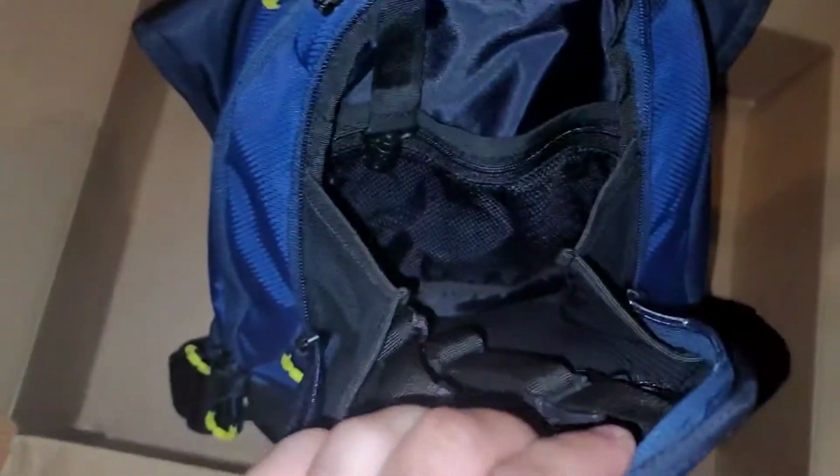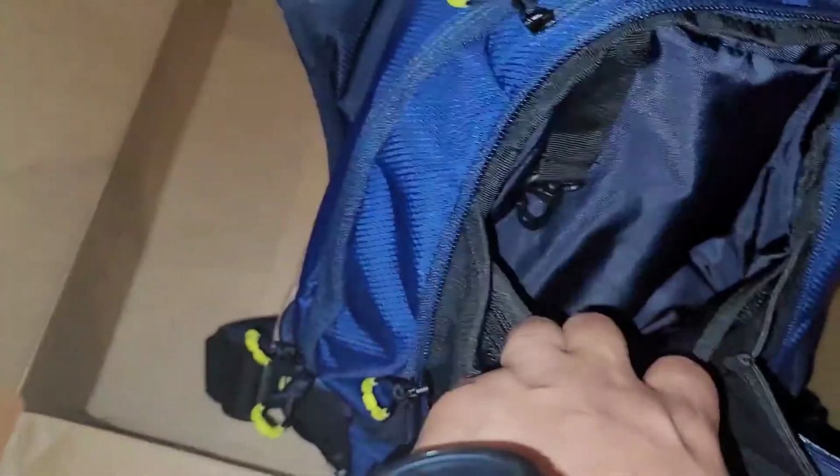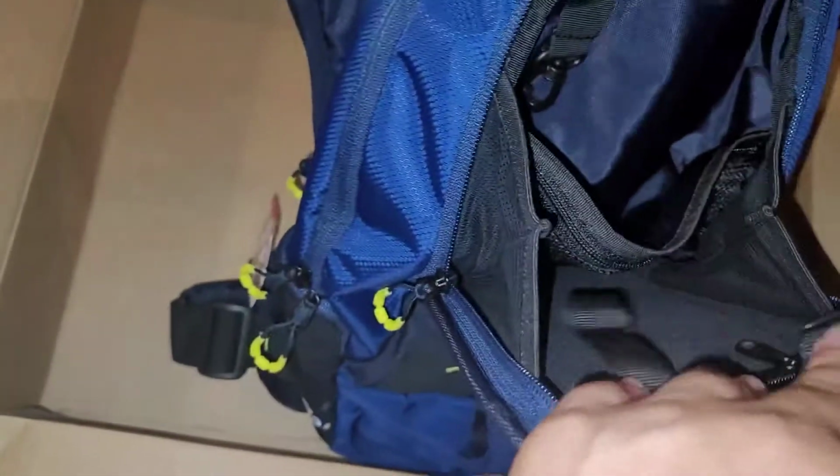All right, let me turn on the flashlight on this. There it goes. So there's a decent amount of space in here for whatever you want to put in there that needs to be secure and armored up. And then you got